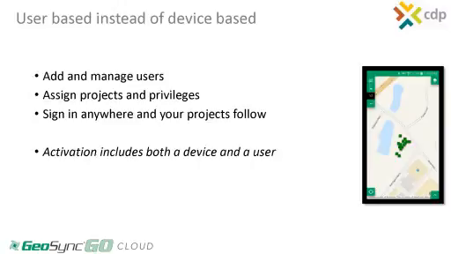Users can have projects assigned to them with certain privileges, which is nice. With a group of users, you have somebody targeted towards sanitary sewer, somebody towards water, someone towards natural gas, then those users can be assigned projects focused on the work that they do. Users can also have privileges on whether they can collect data, add data, or link photos, or you can assign privileges to allow management of the account. So if you have another user and you want to allow them to set up projects, you can assign that to them for administration